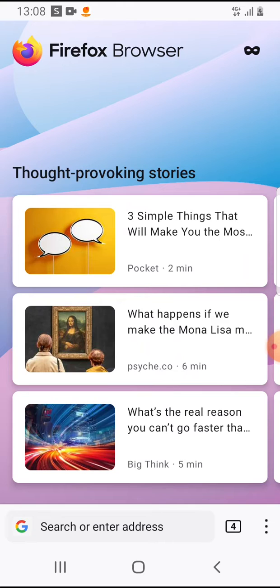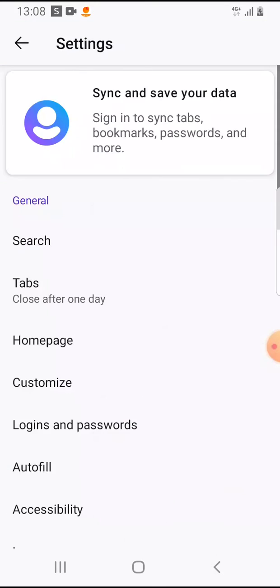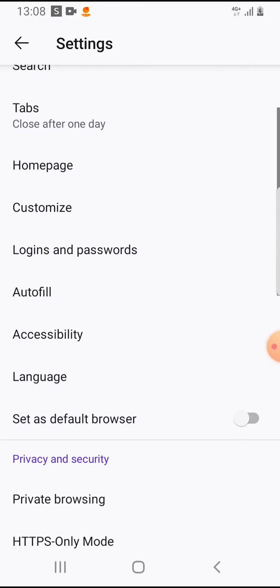So let's jump into it. Open the Firefox app. On the bottom right corner you will have these three dots. If you tap on it, it will open the menu bar. Tap on the settings, the last option. And if you scroll down,